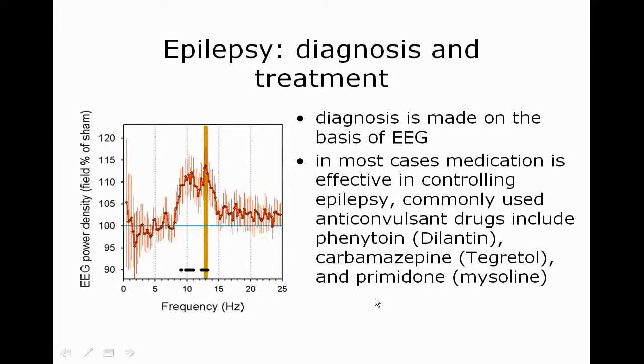Diagnosis and treatment. After the patient or someone with them describes the seizure, the physician should go on to have an EEG performed, the electroencephalography, to show the brain waves. The most common medications, anticonvulsant drugs like Dilantin, like Tegretol,